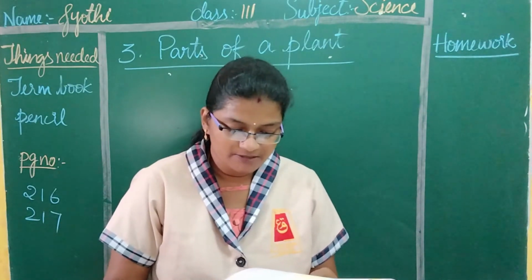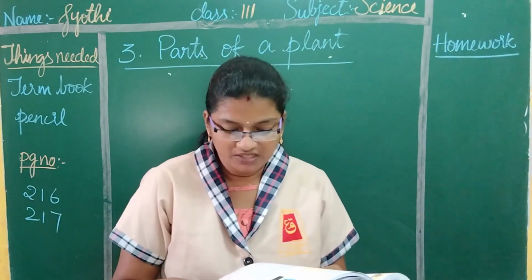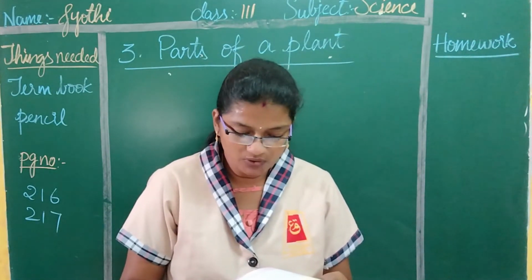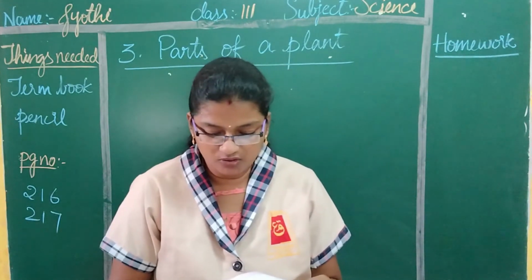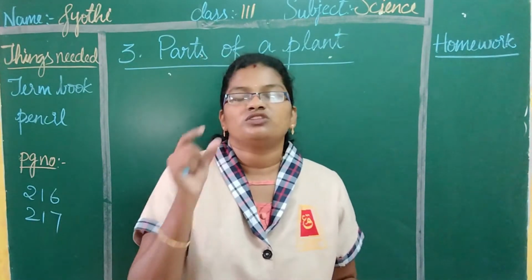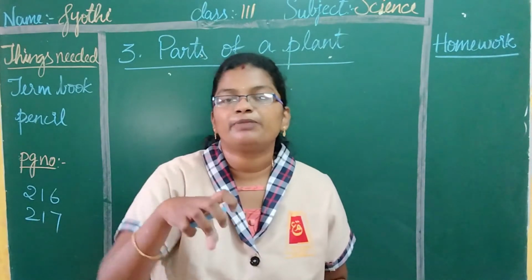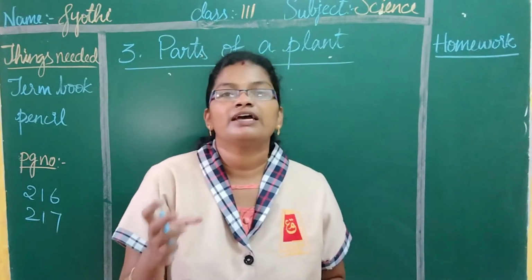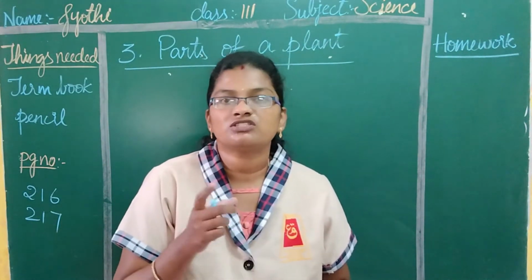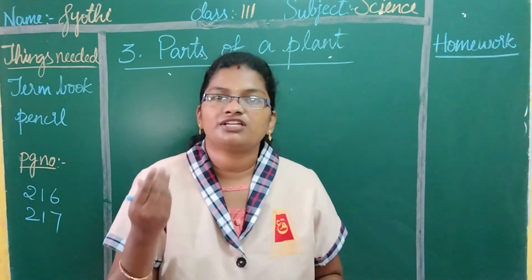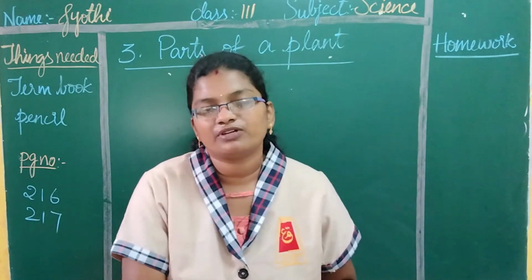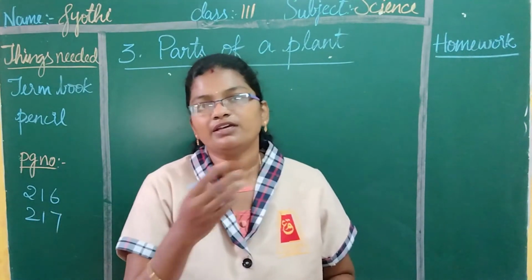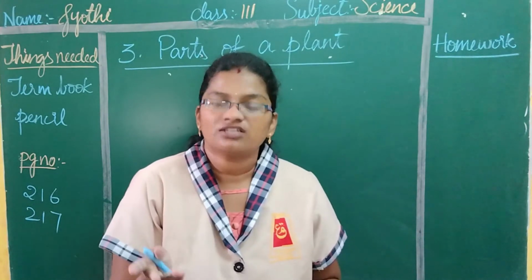They anchor the plants by fixing them firmly into the soil. In this way, they not only provide support to the stem but also put a control over soil erosion. So the first thing is they will fix the plant into the soil without moving or getting disturbed. And the second thing is they prevent soil erosion. What is soil erosion? Because of the force of the wind or the force of the water, the upper layer of the soil is washed away. That is called soil erosion.